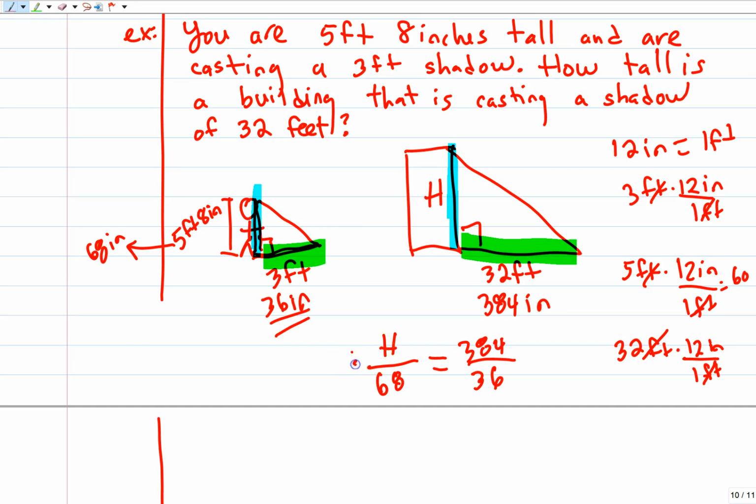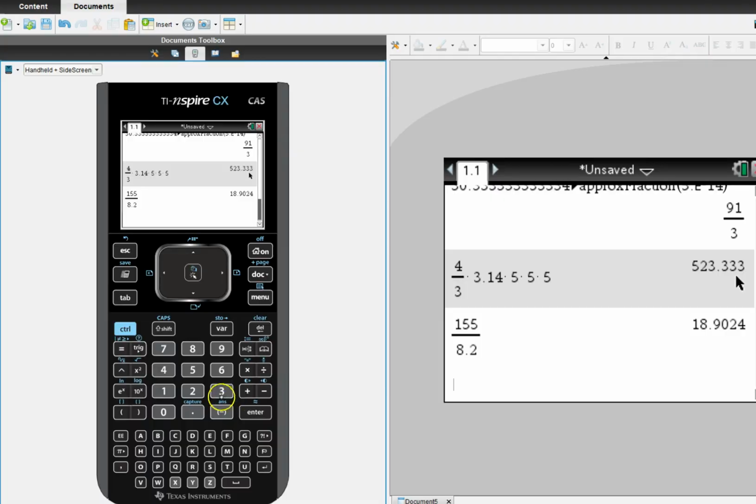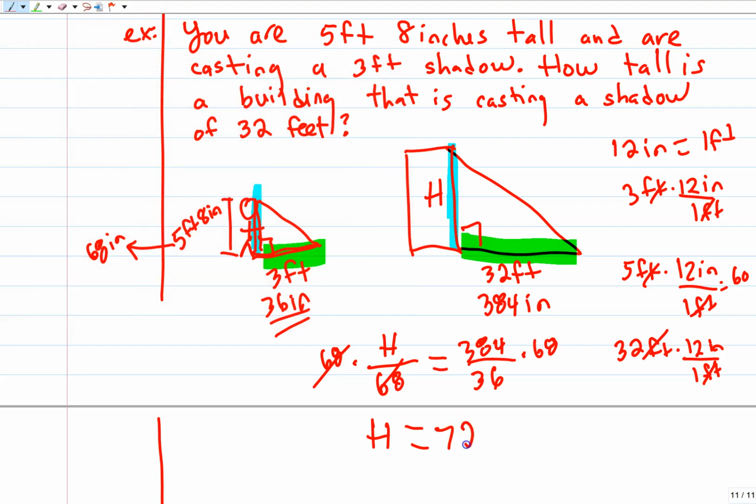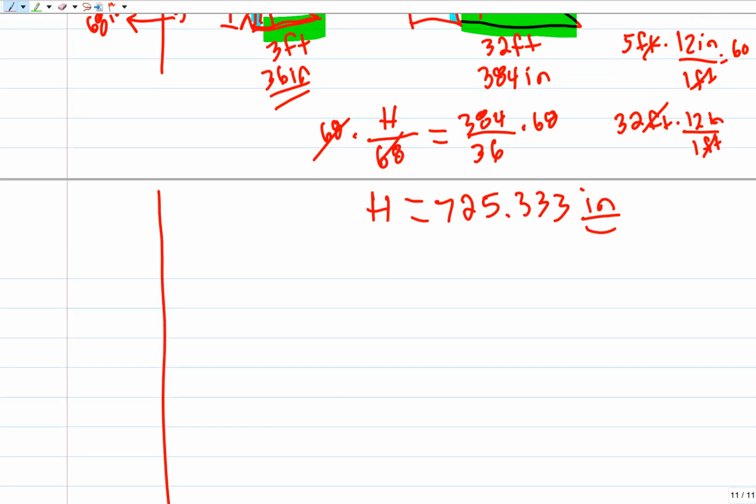So to solve for h, I'm going to multiply both sides by 384 and so the height of the building is 384 over 36 times 68. That's 725.333 inches. If I wanted that in feet, and I don't really, but if I wanted to, I could then take that